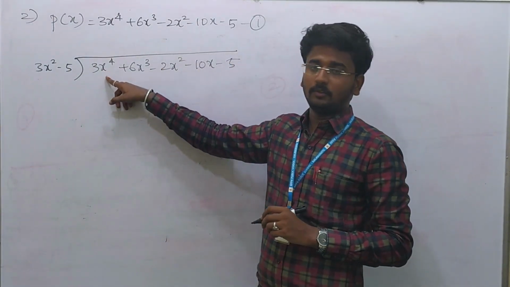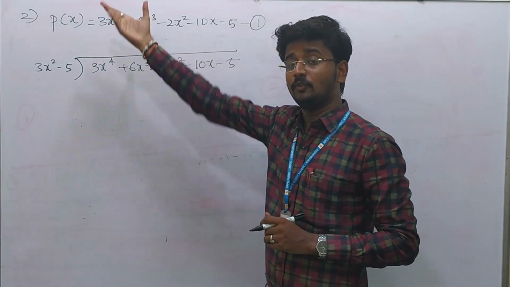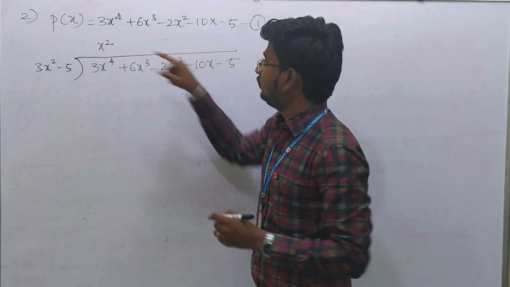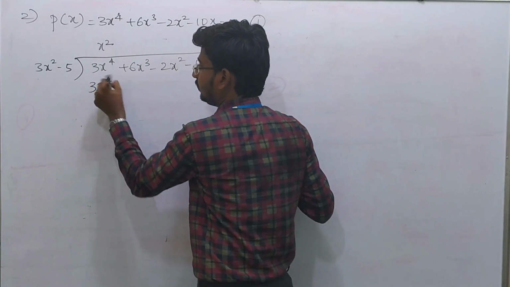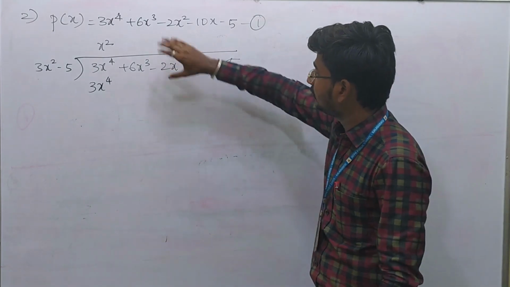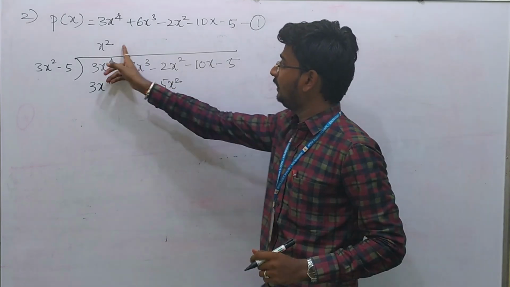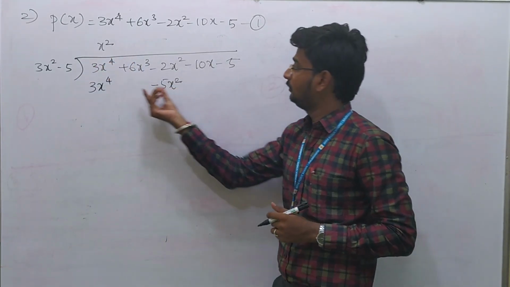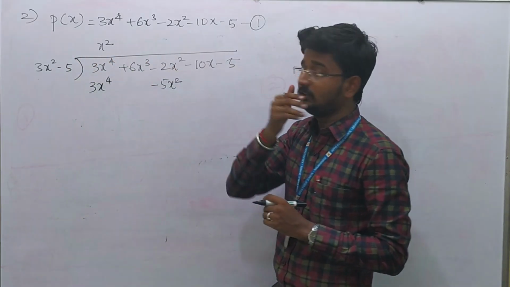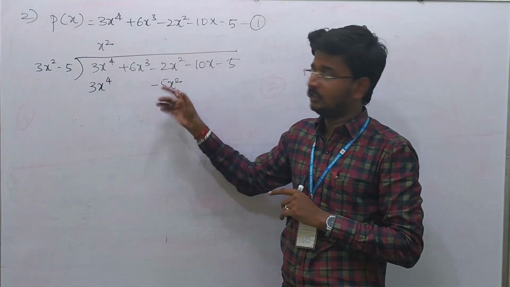First term 3x to the power 4. Here first term 3x square. I should make it x to the power 4. So simply I multiply by x square. 3x square into x square will be 3x to the power 4. Now second term, minus 5 into x square, minus 5x square. Leave this x cube term. Here we have to write minus 5x square. Where the variables are there, there only I have to keep the values. If you keep it elsewhere, again there is confusion. So be careful when you multiply. 5 into x square is minus 5x square. That minus 5x square I have to keep where there is an x square term. So arrange the terms.